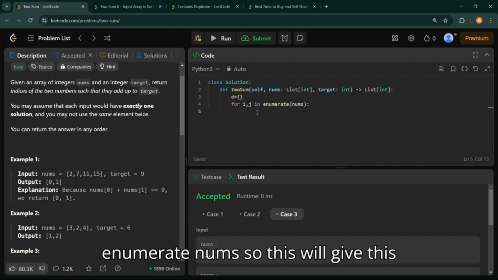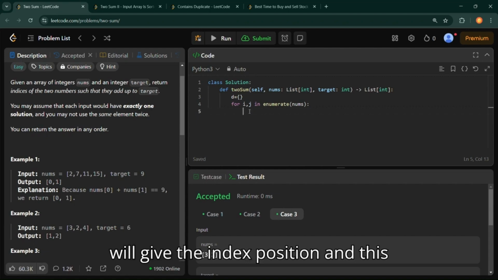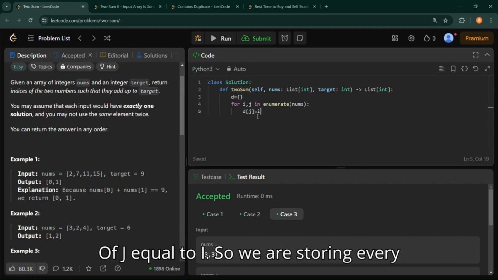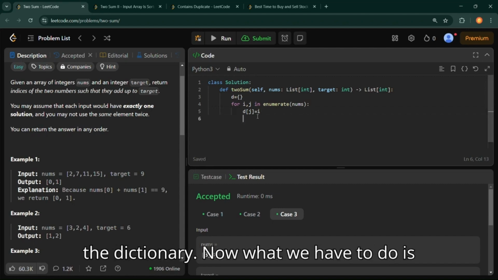This will give the index position, and this will give the actual element of the array. So now we will store d of j equal to i. So we are storing every element and its corresponding index in the dictionary.